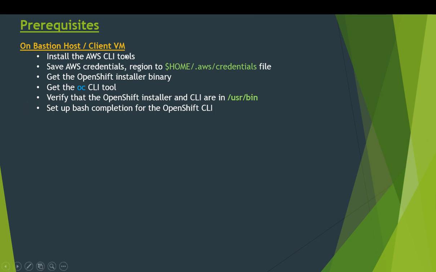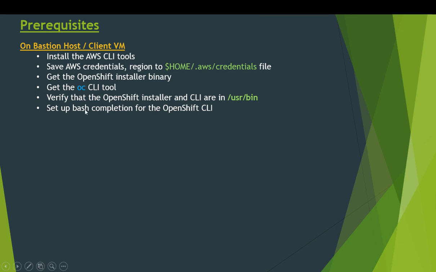Then we will verify that the OpenShift installer which we have downloaded and the CLI both should be in /usr/bin to make them executable, and from there we will execute the OpenShift commands and that installer.